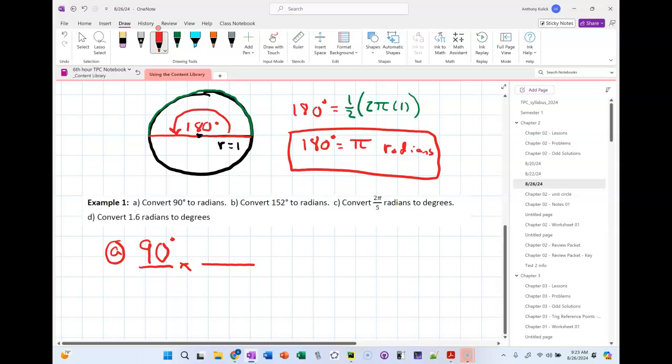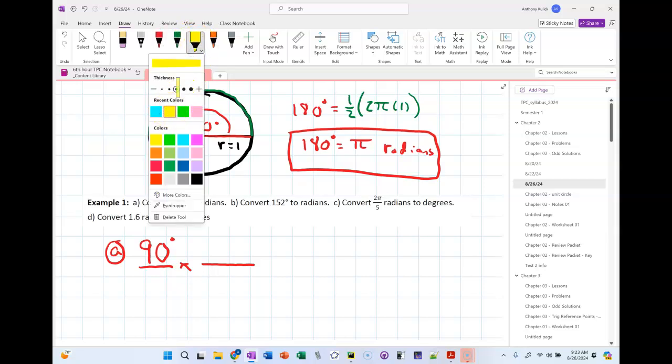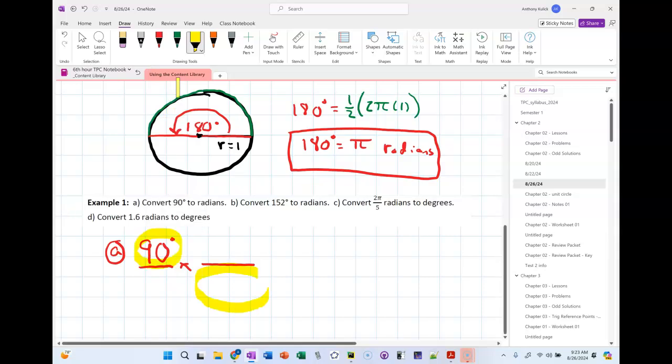So I'll start by building out my dimensional analysis here. I remember when I did this in my chemistry class, if my unit here is in degrees, what unit needs to be diagonal to it? Also degrees. So that's where the 180 degrees is going to go. And then the pi radians should be on top. So the degrees will cancel, and we're left with 90 pi over 180